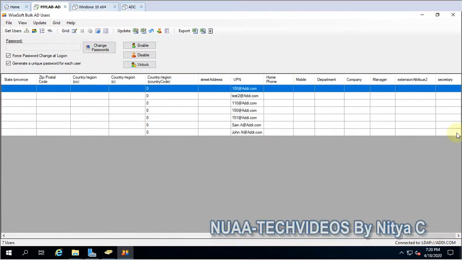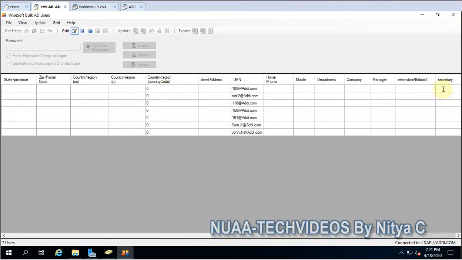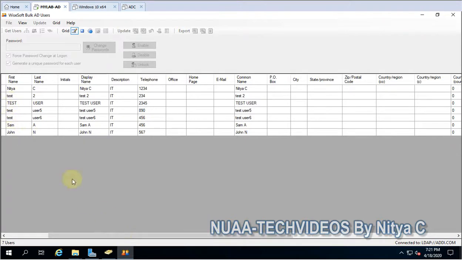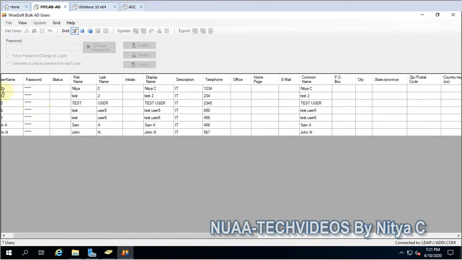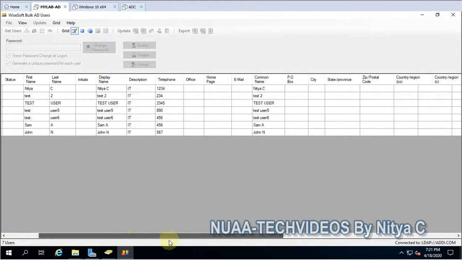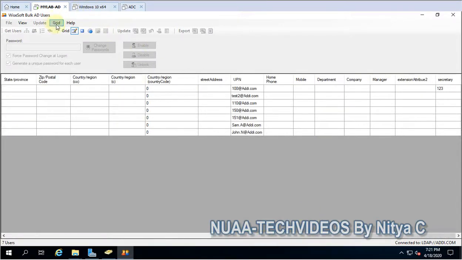Yes, again if you want to modify this one, from the Excel sheet or from here you can manage. So secretary, it's 1 2 3, just for testing I am putting for this user. That is 100, and just modify, apply,